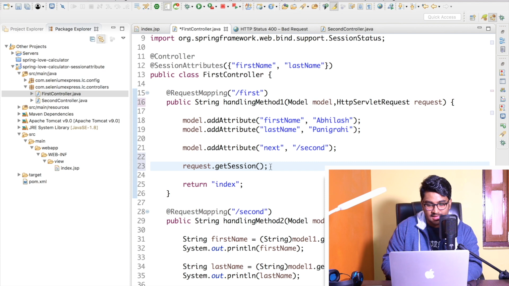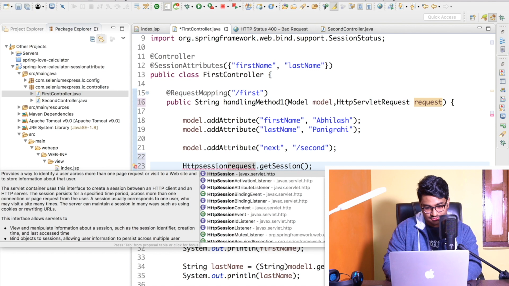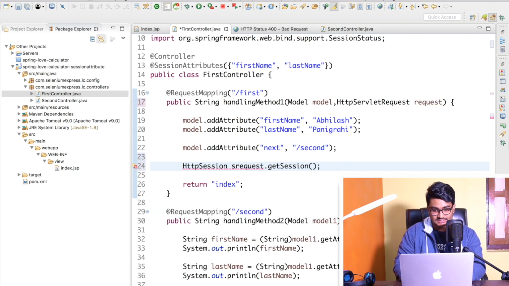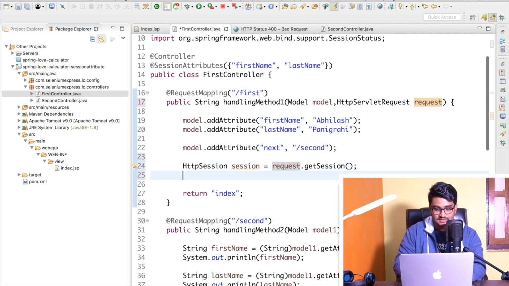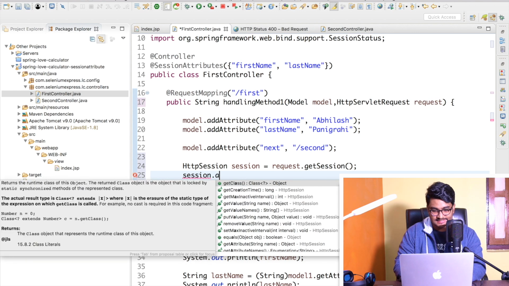Right now, if I'm using this method, it is going to create a new session for me if no session exists earlier, right? We do not have any other session so far. So this getSession method will create a new HttpSession and give that object to us. So I'll do HttpSession session equal to, and let me add something: session.setAttribute,